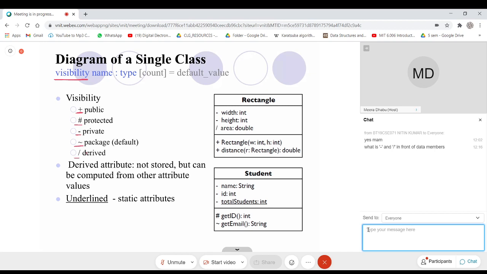And the slash is for the derived. These derived fields will never be allocated any memory, because those fields will be computed using other fields, from the other attributes' values.